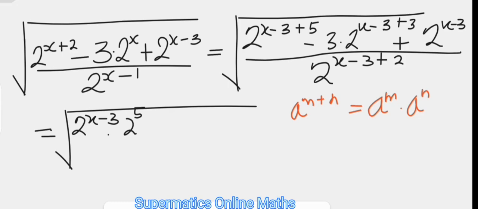The second term becomes 3 times 2 to the power of x minus 3 times 2 to the power of 3, while the last term remains 2 to the power of x minus 3